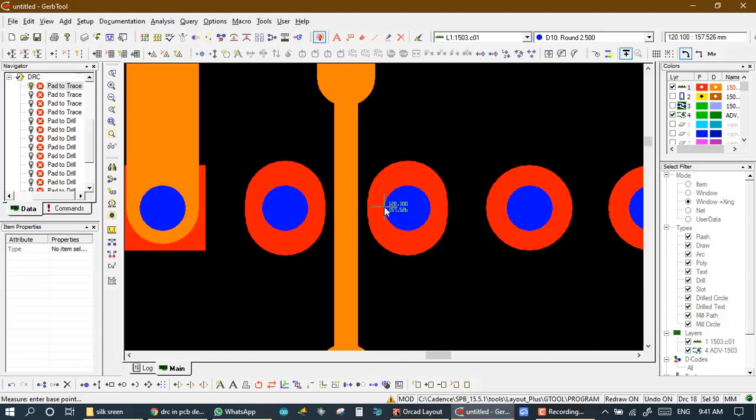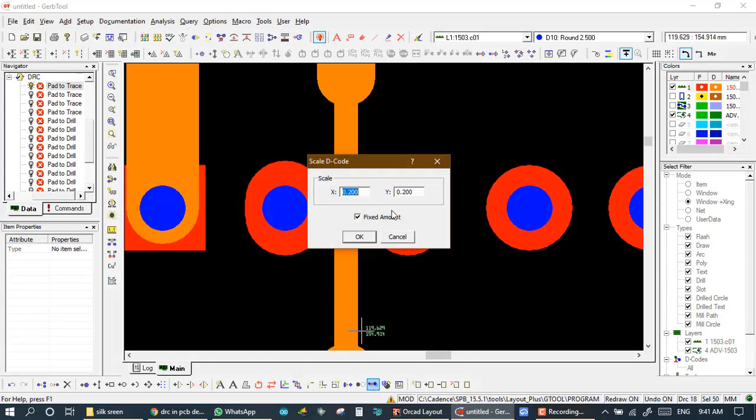So here we decrease both pads by 40 and decrease some size of this track. To decrease this pad we take transcode and it's minus 0.06, and okay.